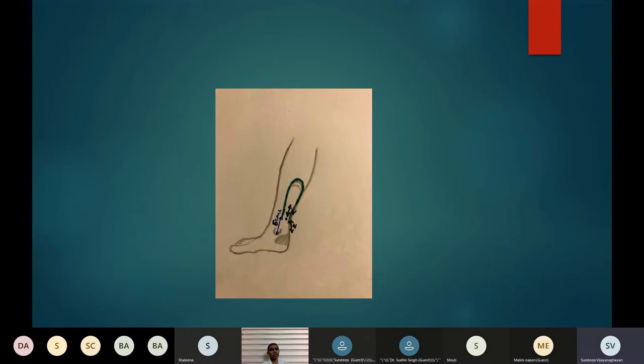Right. And let's assume this TA won't come for direct repair. Yes, sir. Some edges are sloughy and it doesn't come for closure. And you said it's more than 50% of the TA is injured, right? Yes, sir. Okay. So what are the options you have? You need to provide soft tissue cover. You need to sort out the TA injury. How would you? What are the possibilities you have?